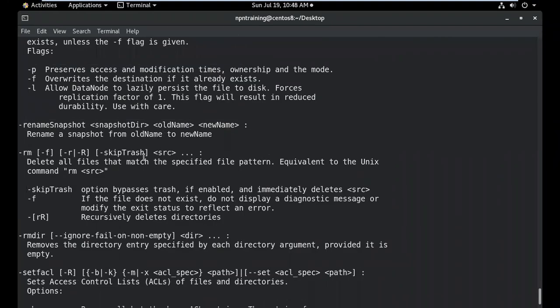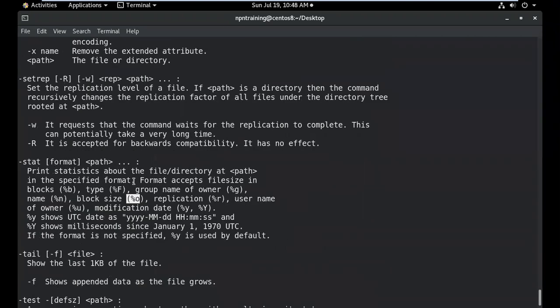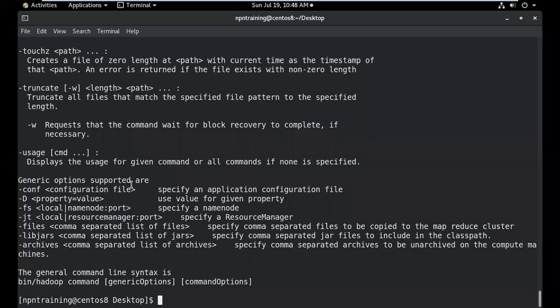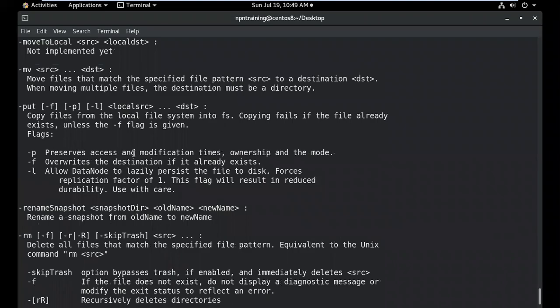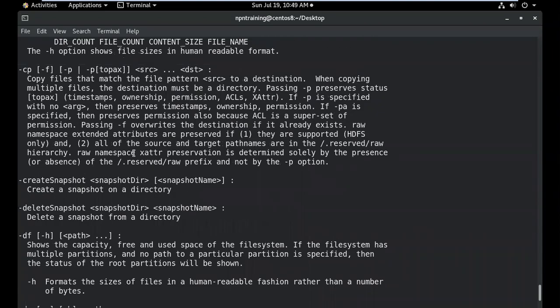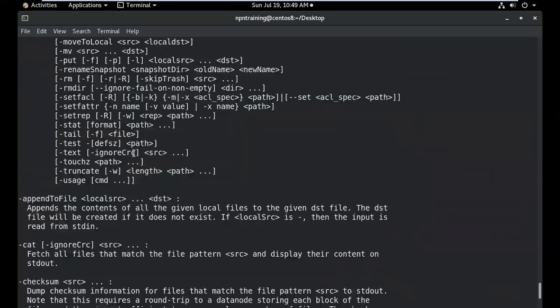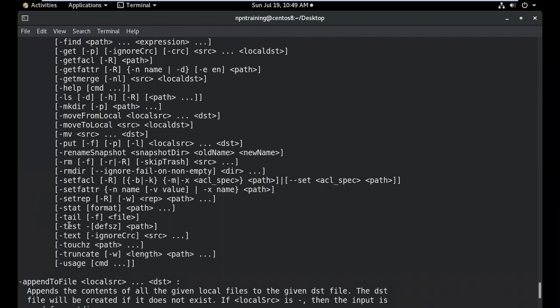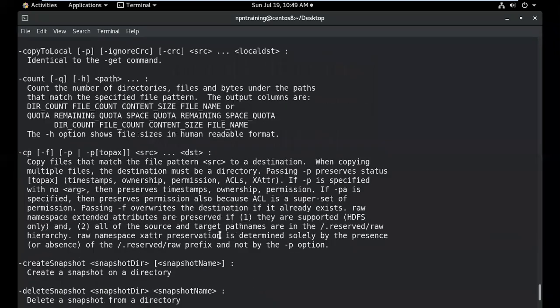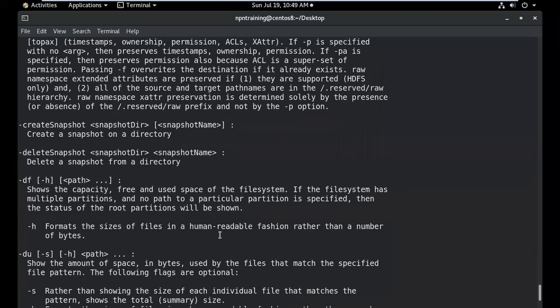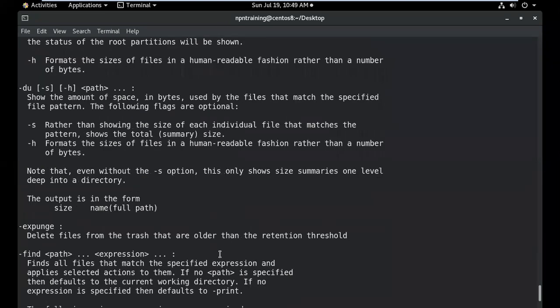Okay, let's proceed now. Let's get into the next set of important commands, like we have something called the test command. If you go to the documentation here, there is another command called -test. See, these are the different attributes it takes. This -test is basically used to test whether a particular path is available or a particular file is available, things like that. Let me show you that.